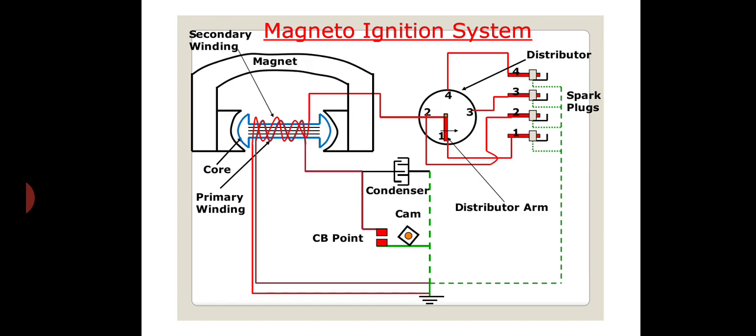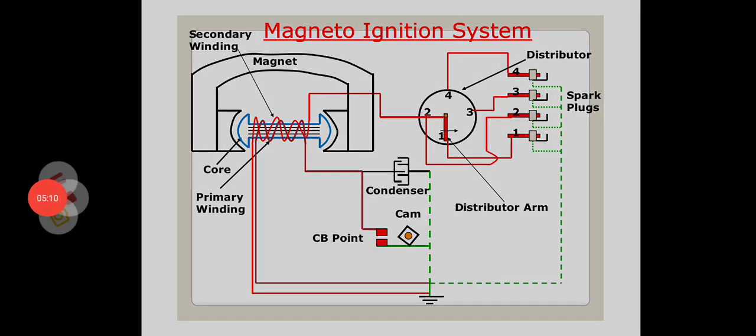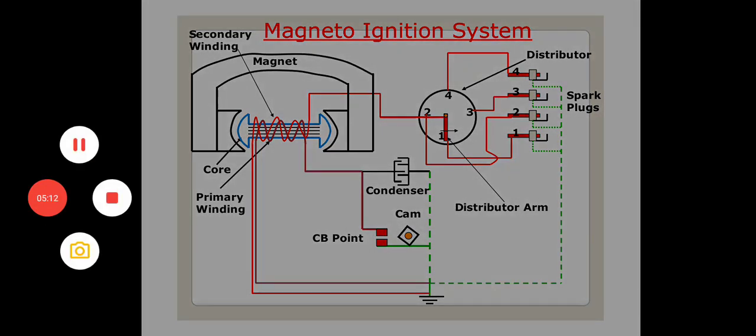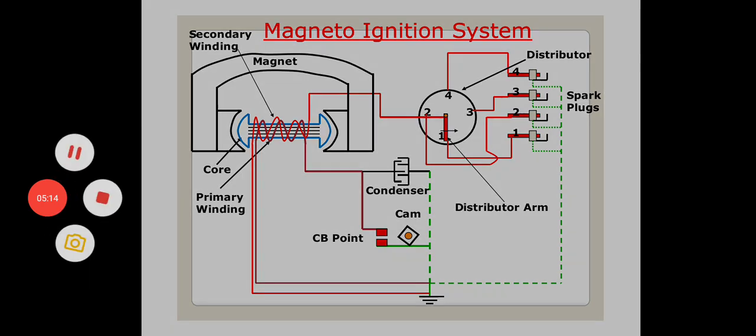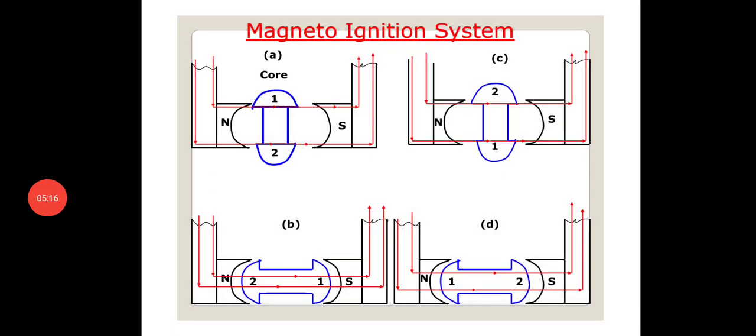And the disadvantages we are finding are that in the wiring carrying high voltage current, there is a strong possibility of leakage which may cause misfiring of the engine. The system requires extensive shielding to prevent the leakage of the high voltage. At low speed, it develops poor quality of the spark at the time of starting. So, these are the advantages and disadvantages of the magneto ignition system.